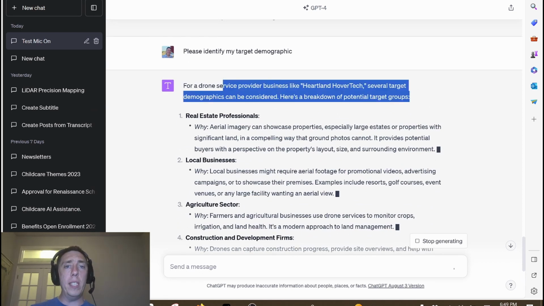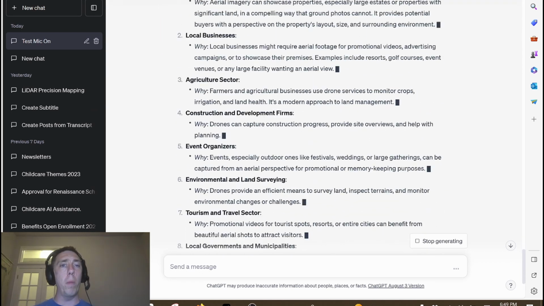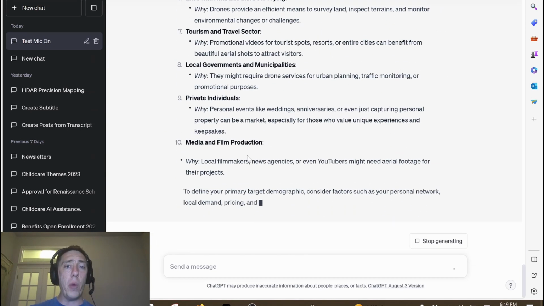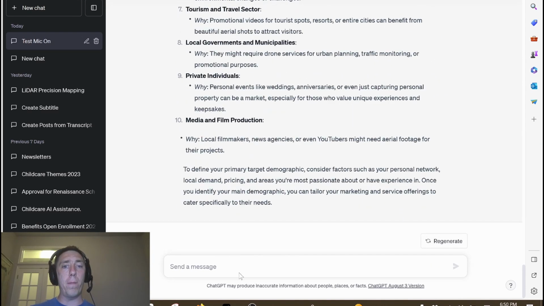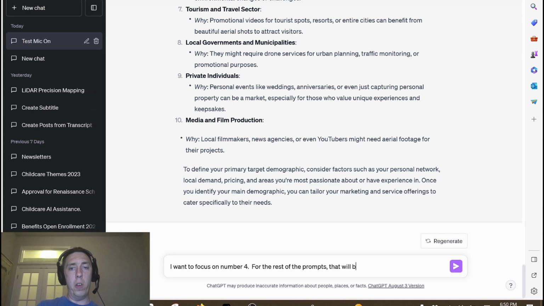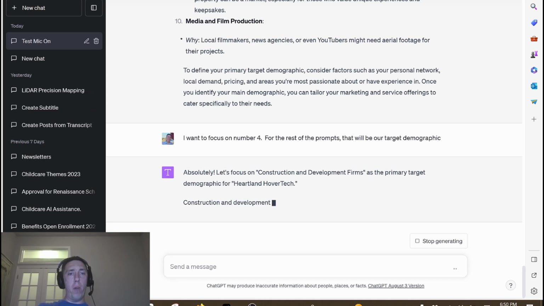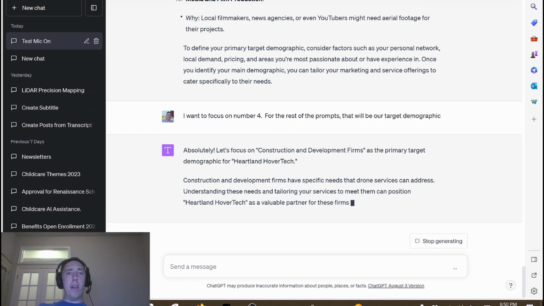Now, what it's doing though is giving potential target groups, right? Anytime you're crafting a target demographic, you really want to nail one down. So let's go ahead and talk about construction and development firms. I want to focus on number 4. For the rest of the prompts, that will be our target demographic. We're going to be doing construction development firms. That's what we really want to focus on. So here we go. And now that we've done that, it tells us essentially how we're going to modify everything going forward to create a unique selling position and our mission statement and all of our messaging towards